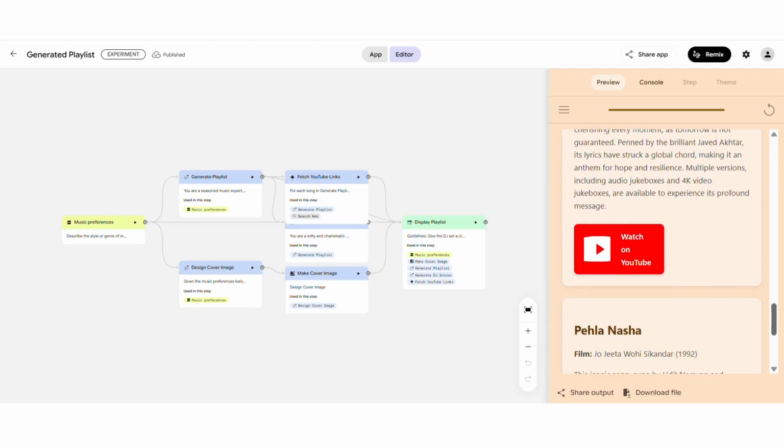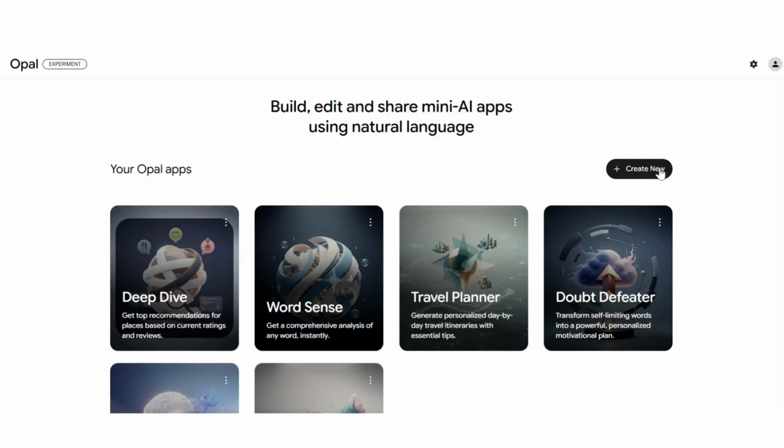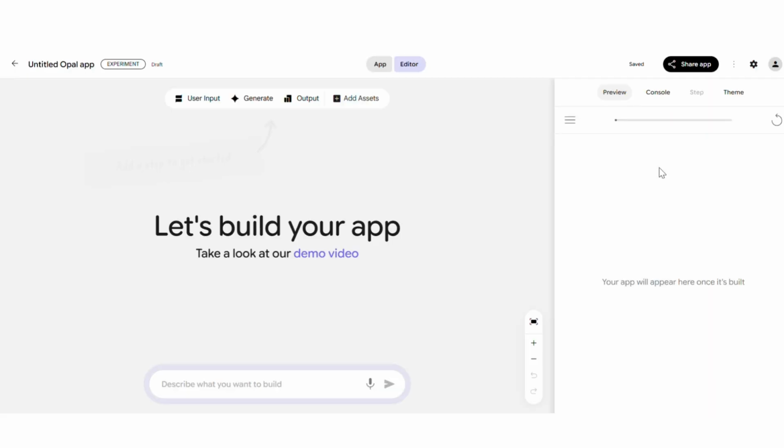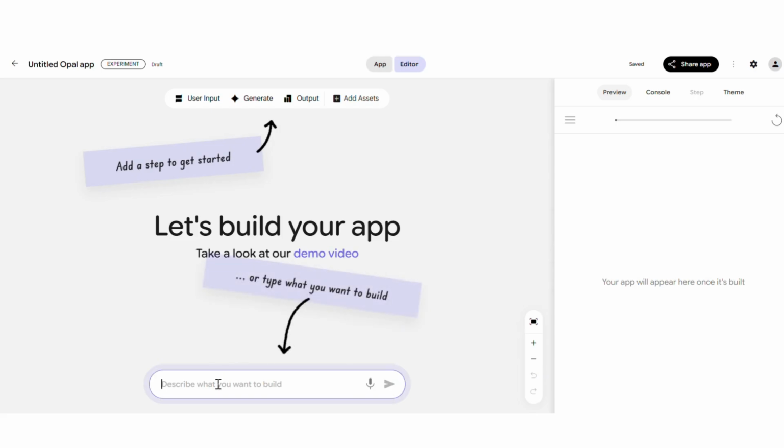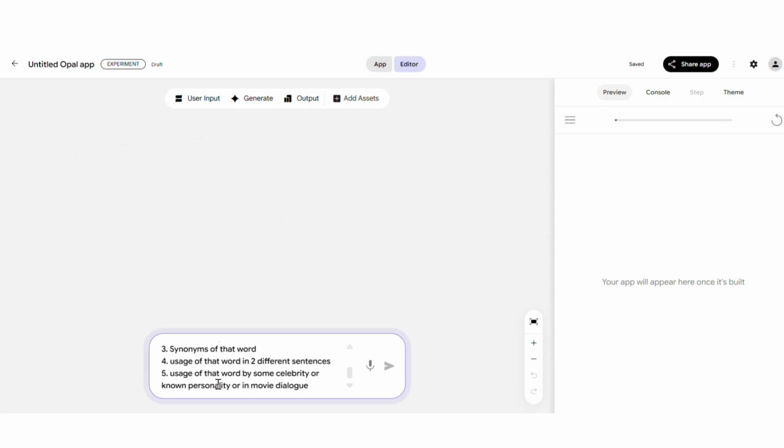Now that we have seen the sample app, let's go ahead and create one from scratch within minutes. Click Create New. Next step is to input your prompt for the app generation. I would like a word dictionary app but with additional information. The prompt I input is, build an app which will take a word as input, and the output will be